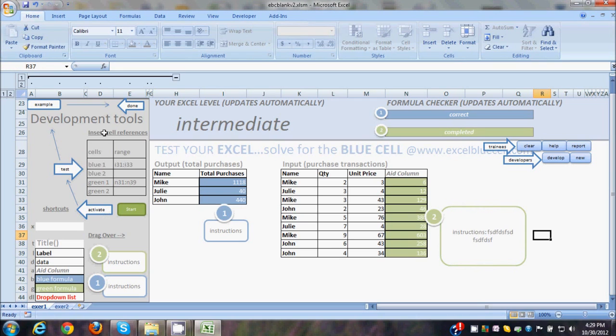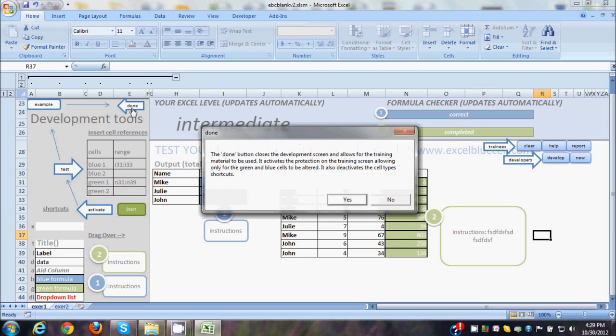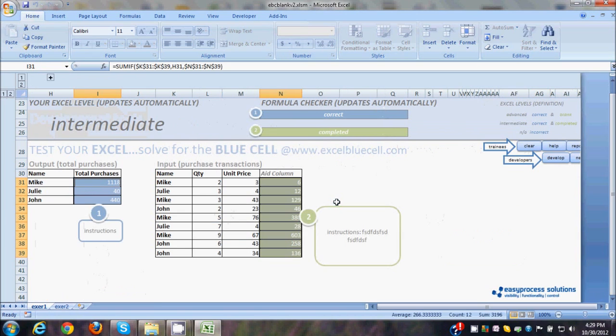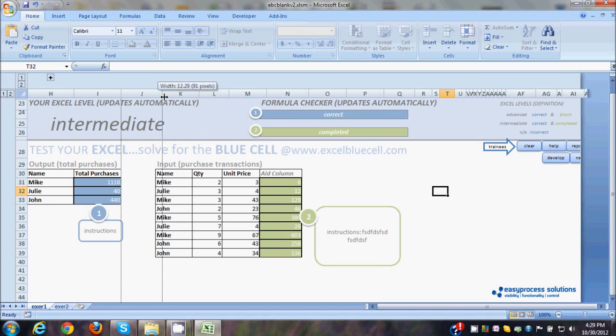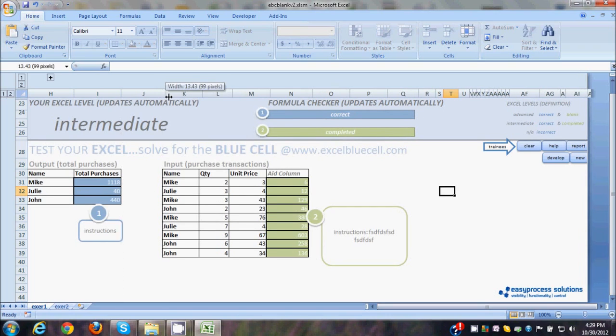And once we've done that, then I believe we're finished with everything. So you click done. Yes. And there you go. We have all the exercises ready. So just one more thing, just remove everything that might confuse the end user. Another thing to remember, you can see that those buttons are cut off. So what you want to do is move some of the cells around